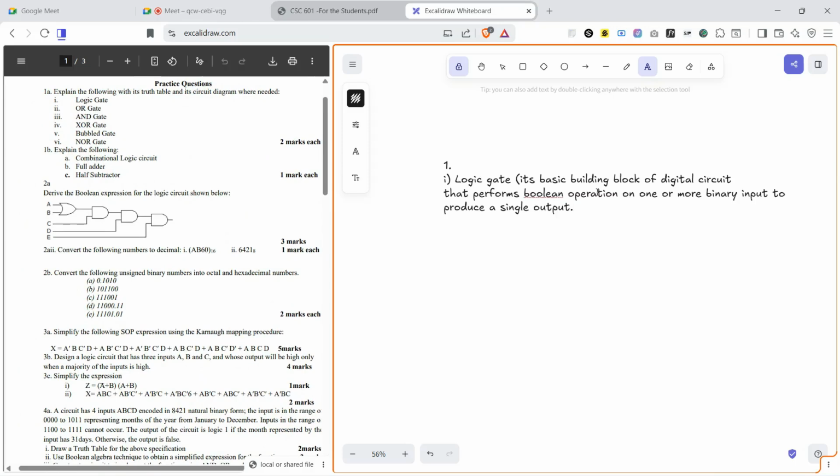For number two, since we are told to explain it using a truth table or circuit diagram, so for OR gates, an OR gate is a Boolean operation, a digital circuit, where it turns positive, that is, it turns true